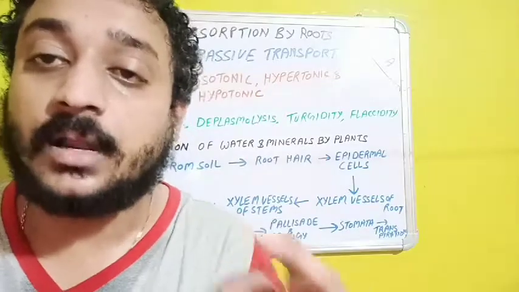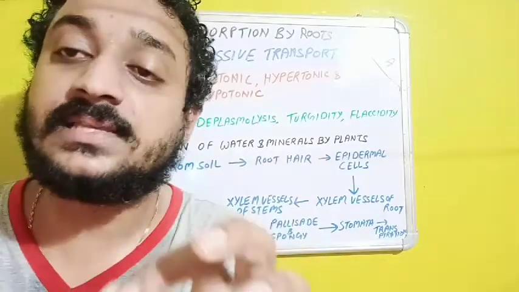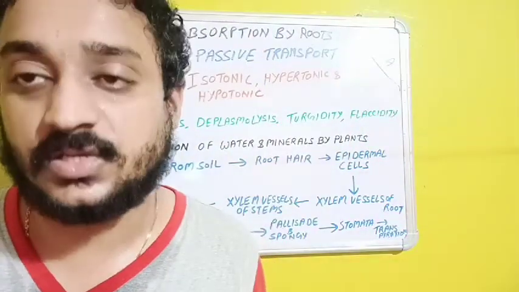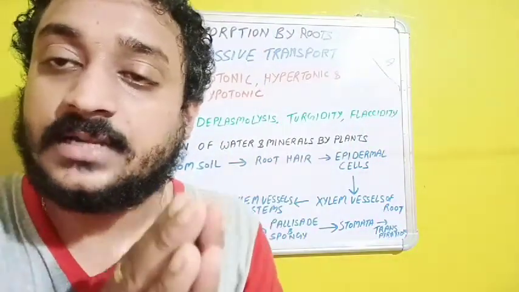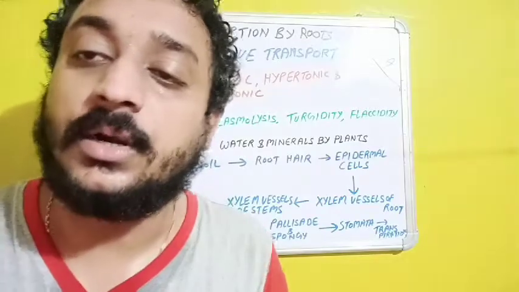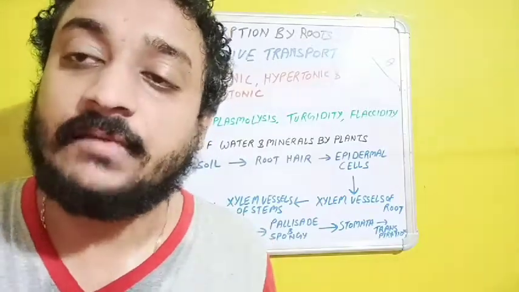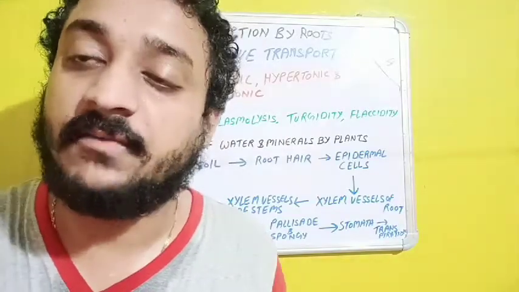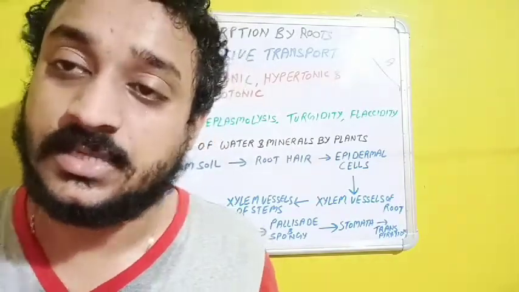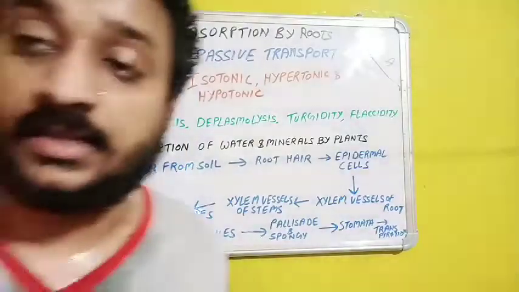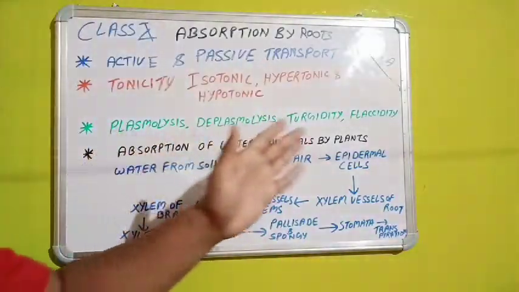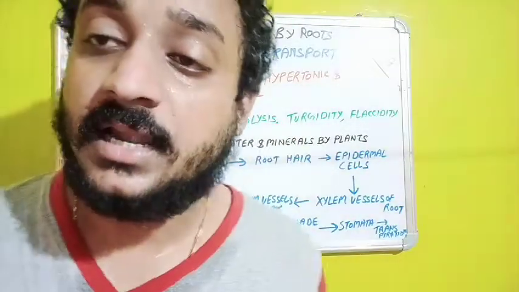So this is what is important. Why? Because in ICC, sometimes the question is asked, or in your school also you may get questions where they will jumble the words and ask you to arrange them in a logical sequence. That is the reason why the flow chart is necessary. If the flow chart is clear, then you can very easily arrange the things. This is how the absorption of water and minerals by the plant takes place.